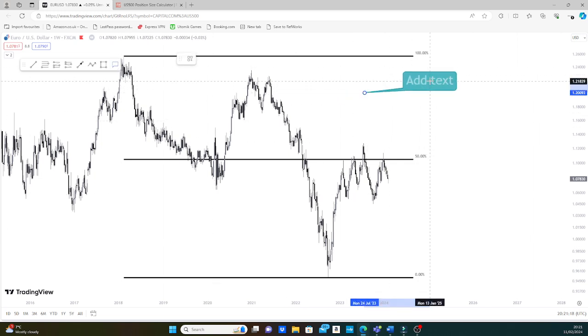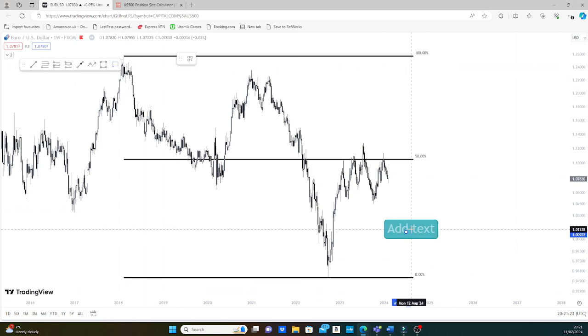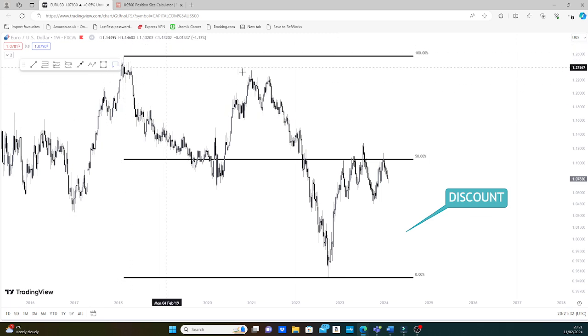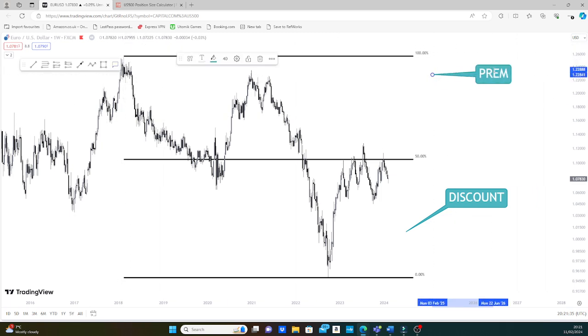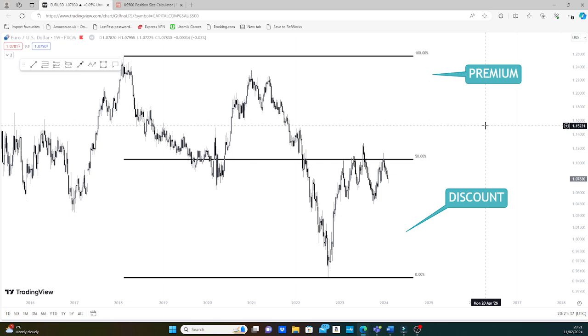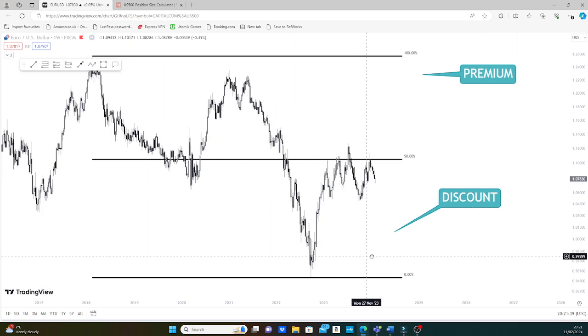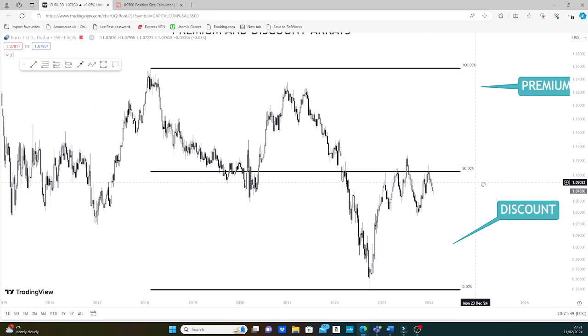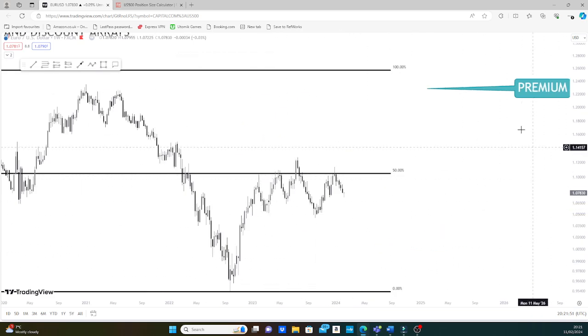What we see is we see price giving us a premium over here, and we see price giving us a discount over here. This is a premium, and this is a discount, if I can spell discount, okay? Great. Oh, and this is a premium. So with this in mind, we have to understand that the next thing we look for is a fair value gap. Now, I've been through this in previous videos on how to build a higher time frame narrative. If you haven't seen those videos, I highly suggest checking those out because those will allow you to build a direction in price. But now that we see that if I get rid of the discount, we're in the premium